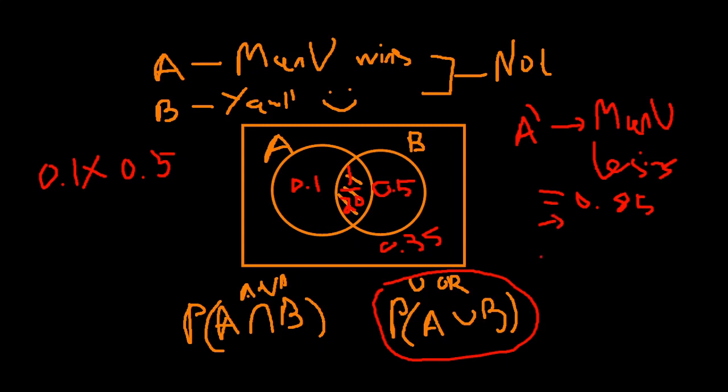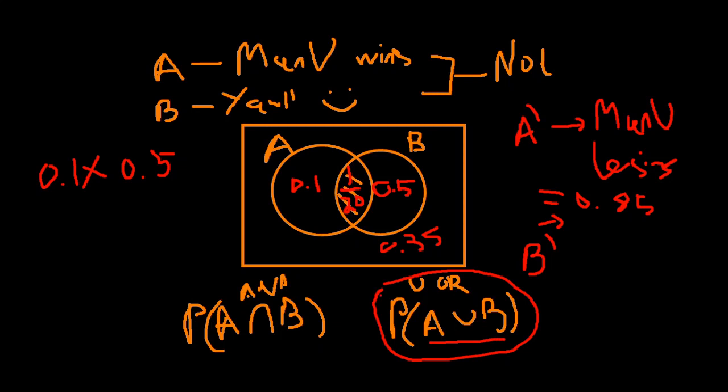And then the probability, and yeah, same thing with B complement, which is the probability of you being sad. You just add up everything else here. So that's 0.1 plus 0.35, which is 0.45. Okay. Now, if we come to just using A union B to get A or B happening, let's